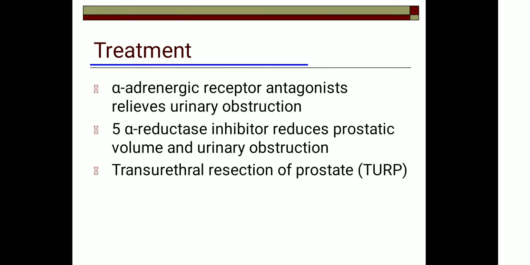And also another important procedure which is done for this is known as TURP, that you will see in urology wards. Lot of patients are undergoing this TURP procedure, this transurethral resection of the prostate. The urologists introduce a flexible excision instrument through the urethra. Through the urethra, they will insert this catheter-like instrument, and they will resect the surrounding prostate, because that is a periurethral zone which is hyperplastic. So with that, they will remove bits by bits of this prostate, and they will send it to the pathology department.